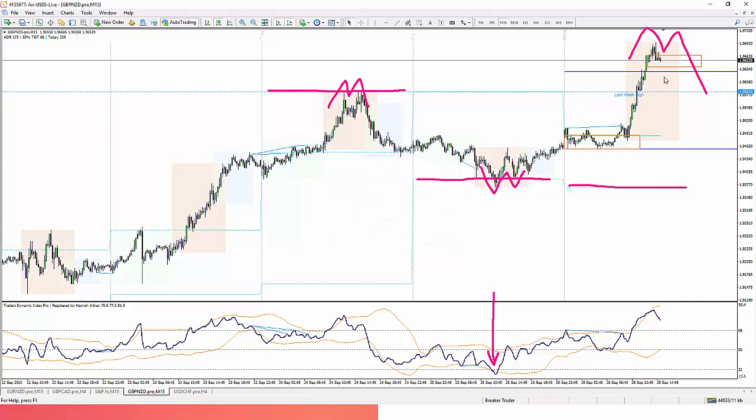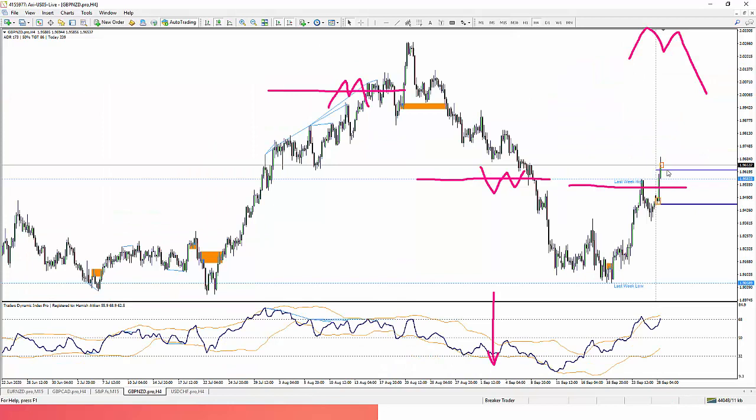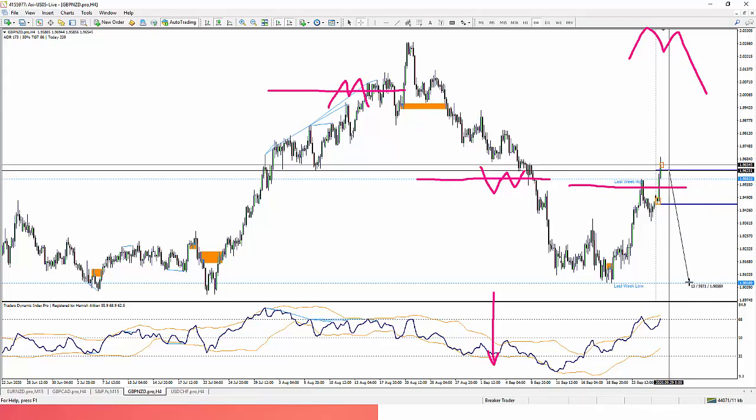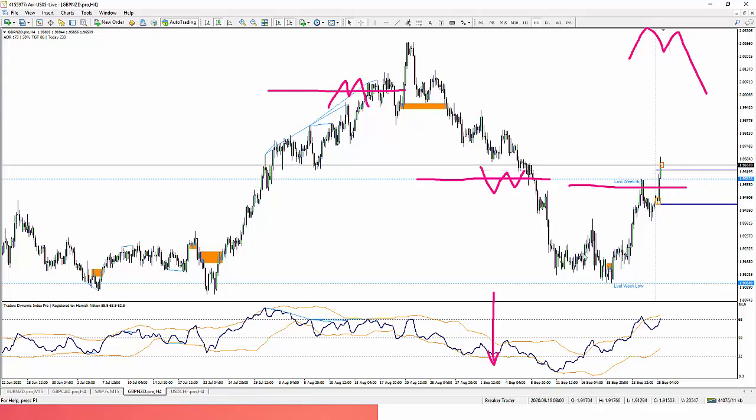So once we get a change in market structure there, I'm seeing that we've swept last week's high. I'll be looking for a drop there. When you're trading that sort of move, we're above ADR as well, which is absolutely perfect if we do get a breaker on that. We've got a move all the way down possibly to last week's low, which is, we're talking sort of 560 pips if you can hold it,